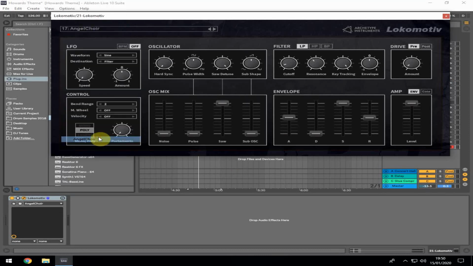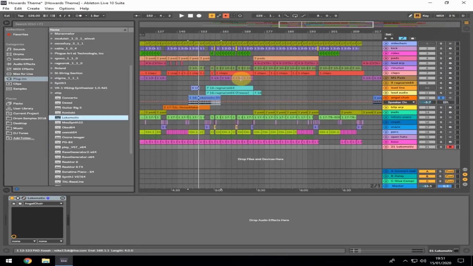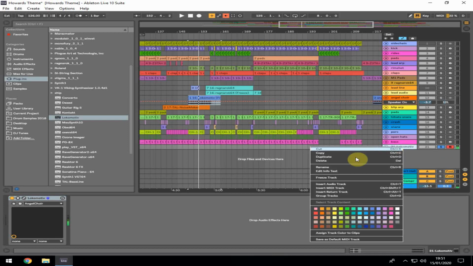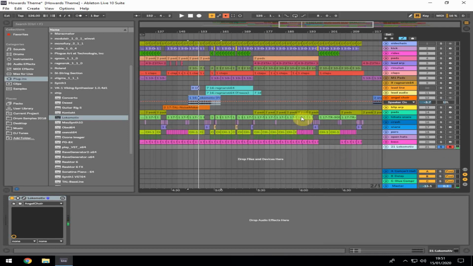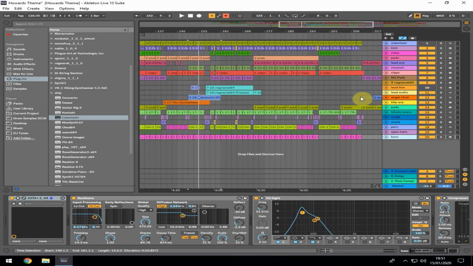And the sound is there, Angel Choir, and all I did was play the same notes, where I just play those riffs with the notes. And I just messed about, improvised it. Great little sound, but as I say, for some reason on this track it was just eating the CPU. So I bounced it over to audio, and that's just a little pattern there. And on top of the blip,